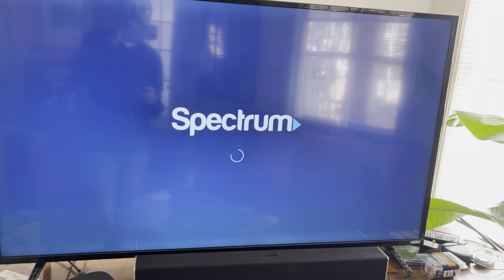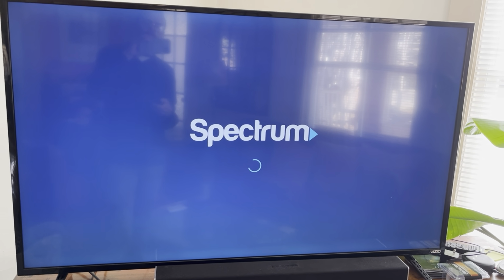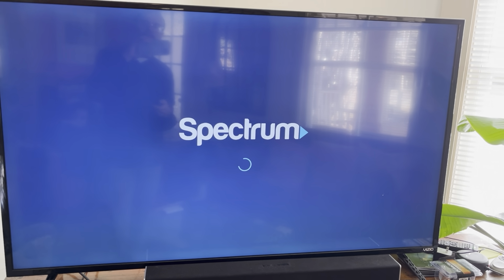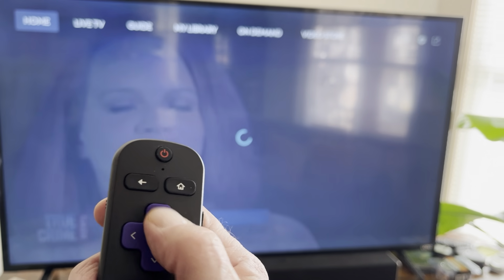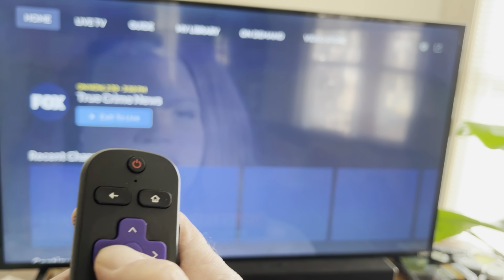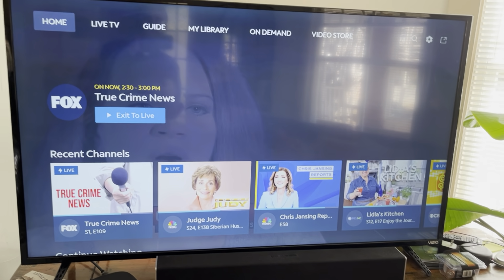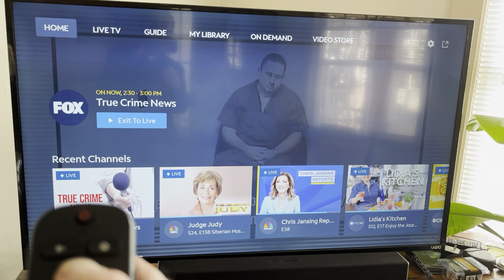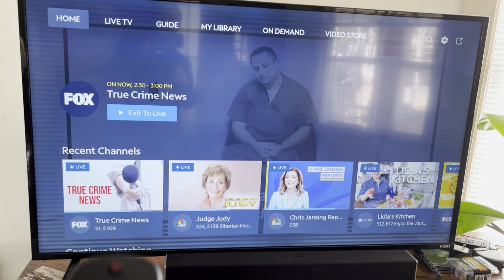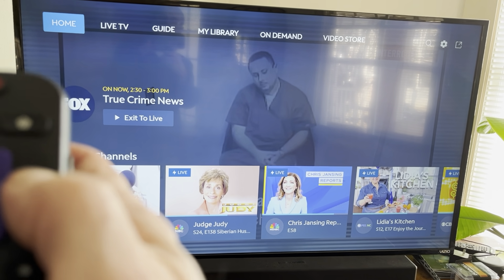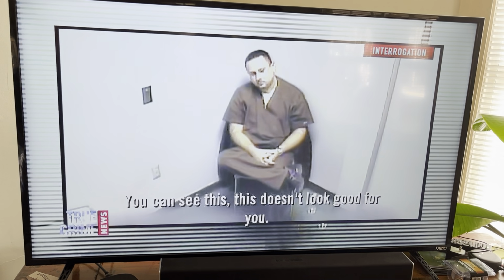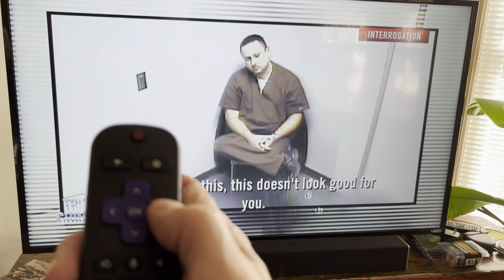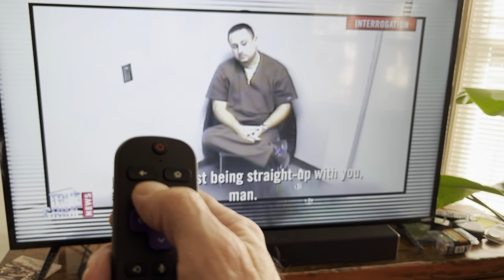So we hit that button, hit the OK button, and in a second, Spectrum will come up, and it'll come up with the last thing you just watched. So this is where it might get confusing for you. Remember, you've got your up and down buttons and left and right. So in this thing, if you go up to that live TV by hitting the up button, and then over by hitting the right arrow, and click on live television, then you can always go back by this little arrow